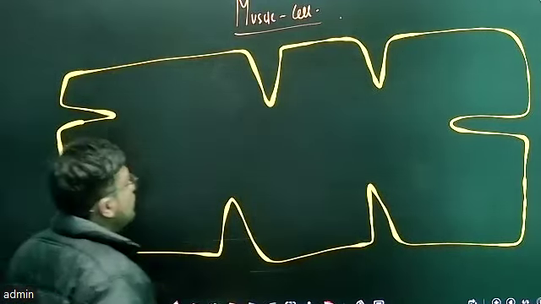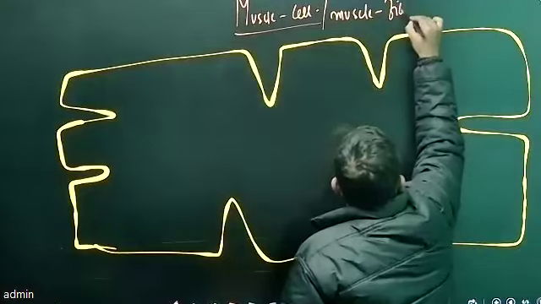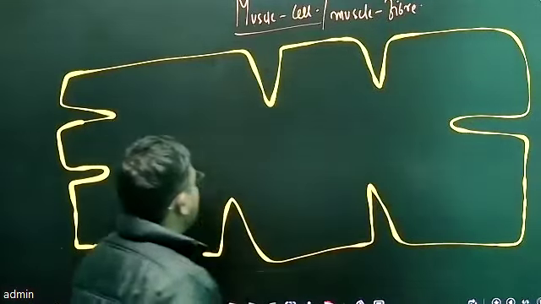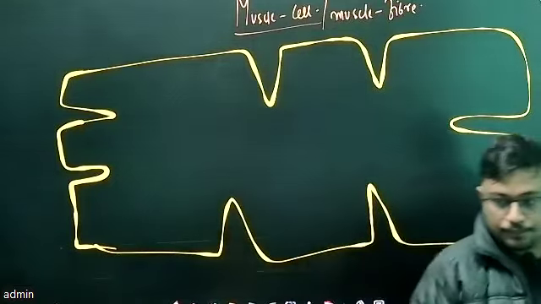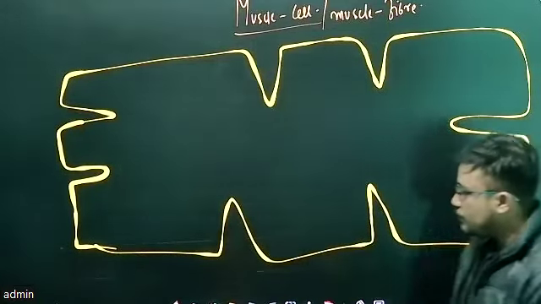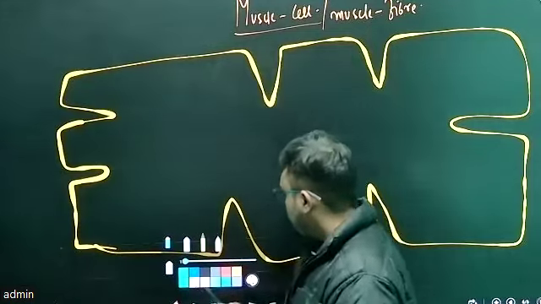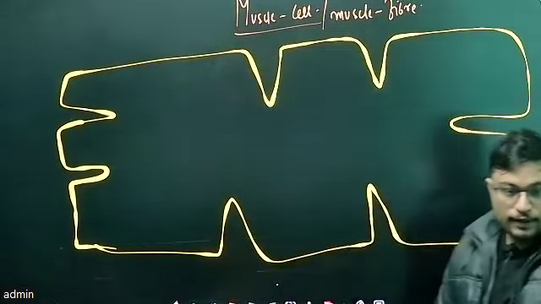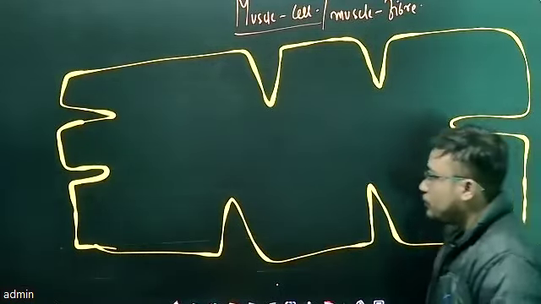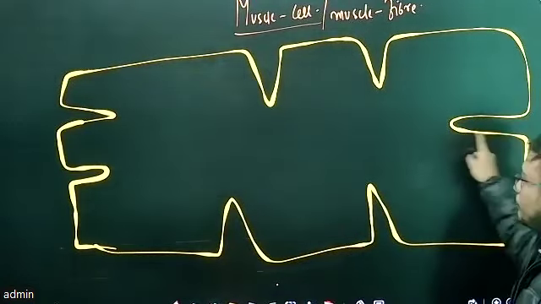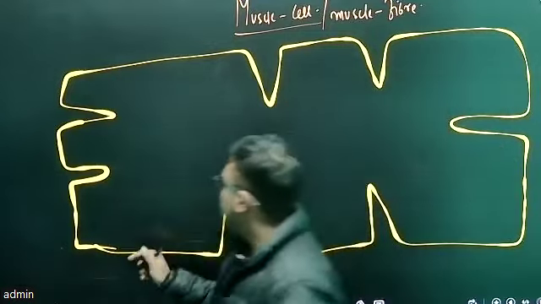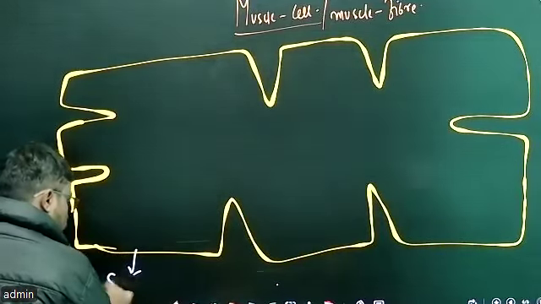So this is a muscle cell, also called muscle fiber, right? Now, everybody look at this. This is the outermost covering. Is this outermost covering continuous? No, it is not continuous. Can you see there are depressions that are present? So this outermost covering is called sarcolemma.